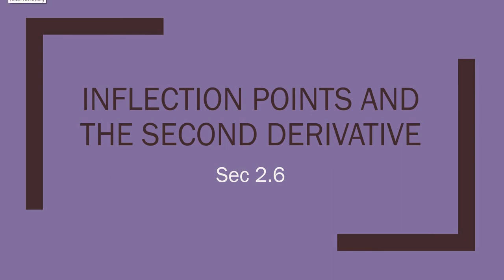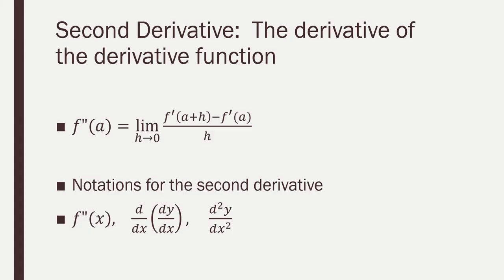So in section 2.6 we're going to do something similar, but we're going to talk about the second derivative and inflection points. So let's see what this is about. The second derivative is the derivative of the derivative. We're just going to differentiate twice. We call it f double prime